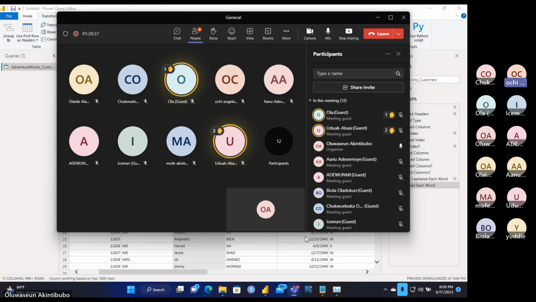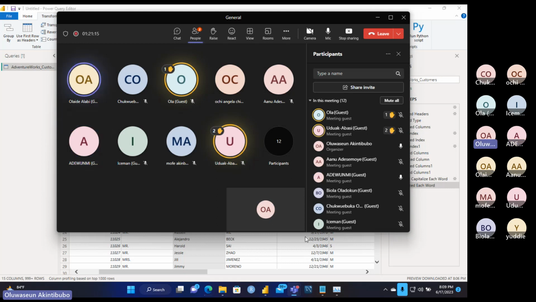What's the name of the data you load in the data set? The name is AdventureWorks Customer. Yes, I'm done. Awesome. Hello, sir, where are we getting the data from? Is it from Excel? The data is on the WhatsApp group.